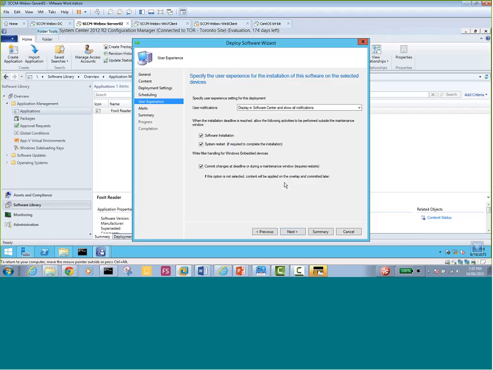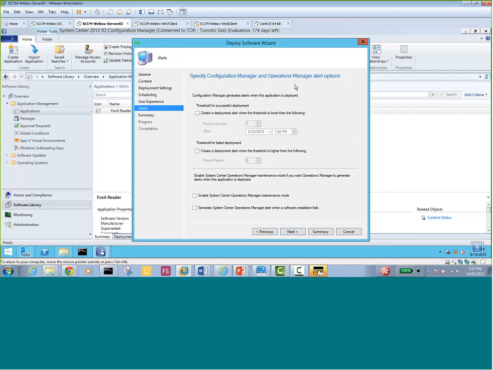If the option is not selected, content will be applied on the overlay and committed later. So you're just mentioning that, hey, do it during the maintenance window hours or after those hours, but do it this midnight, as soon as possible. Don't delay. So we are just saying that, right? Next,